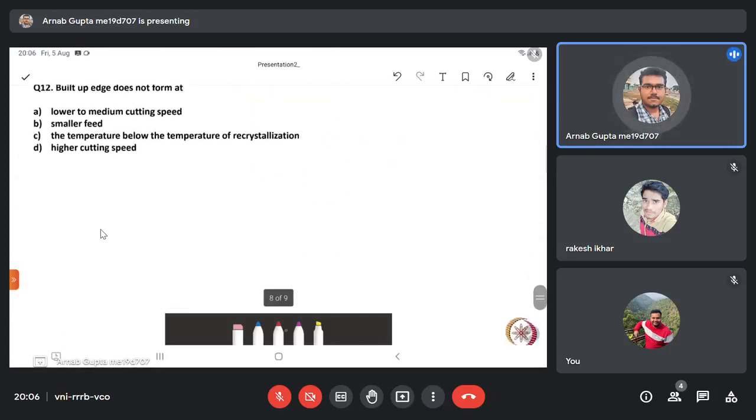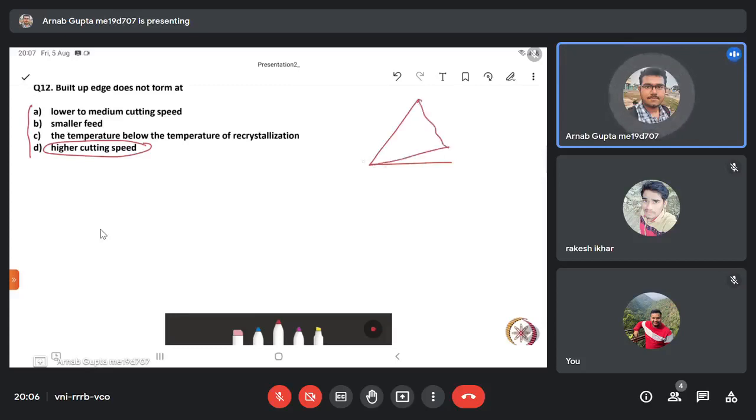Okay, this is the last question for today's session. Built-up edge does not form at which of the following machining conditions, to be more specific? Higher cutting speed. Yeah, at higher cutting speed, you are not allowing the